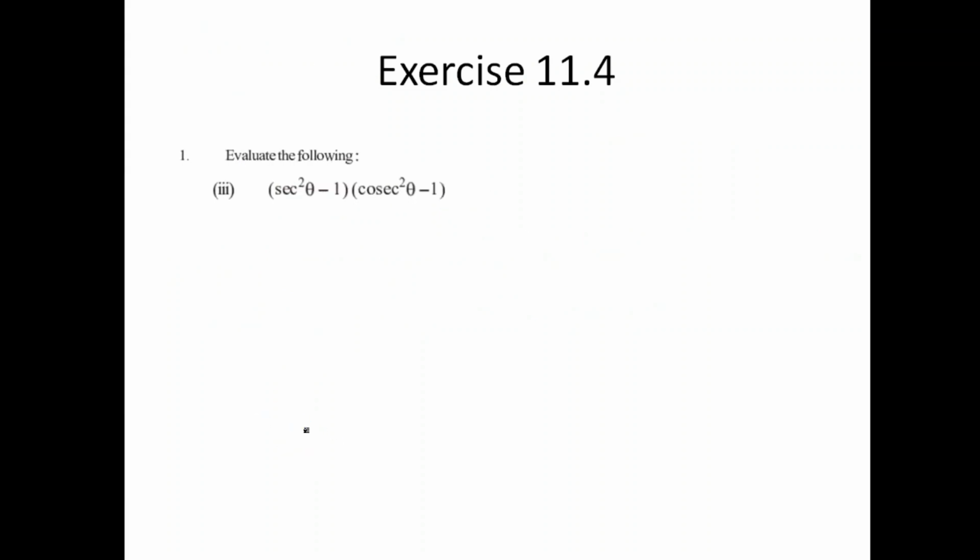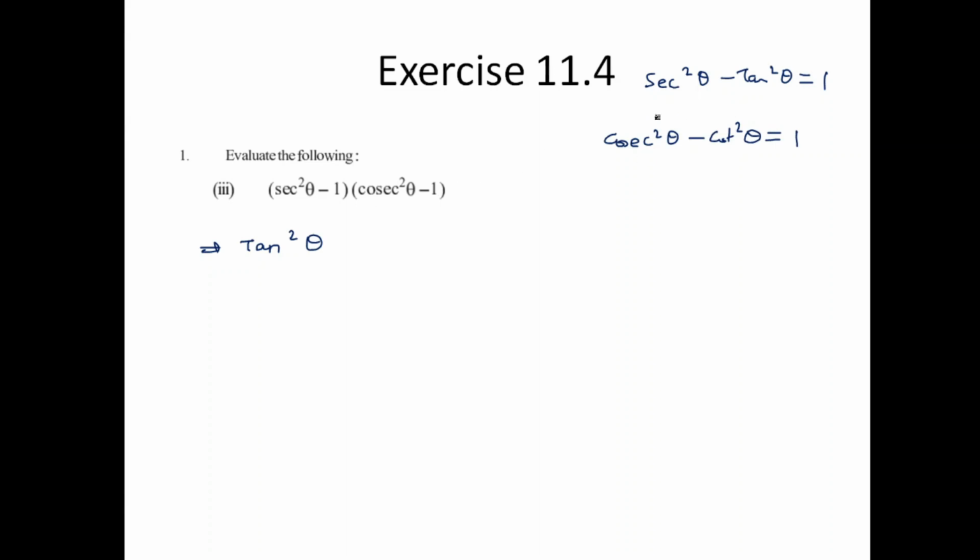Okay. Let's look at this next one over here. How to write this one easily? Okay, so let me write this. See, how do you write this cot theta? You are having two different identities. Again, sec square theta minus tan square theta equals 1. Using that identity, I can write this as tan square theta. If you look at the next identity over here, cosec square theta minus cot square theta equals 1.